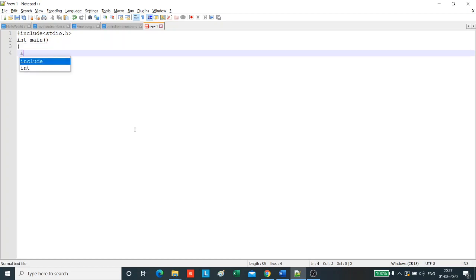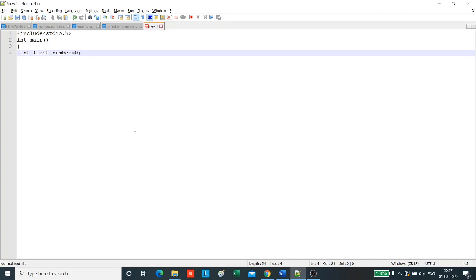So first we will initialize the variables. Now let's take some variable names which will be easy to understand as to what value the variable is holding. So let us take the name as first_number and let us assign the value 0 to it.